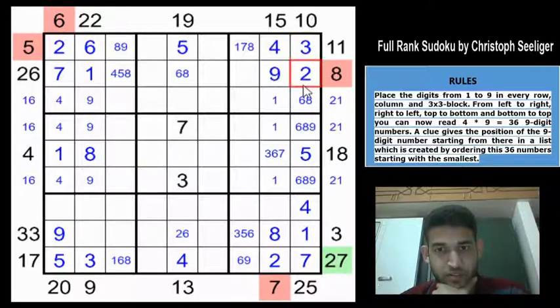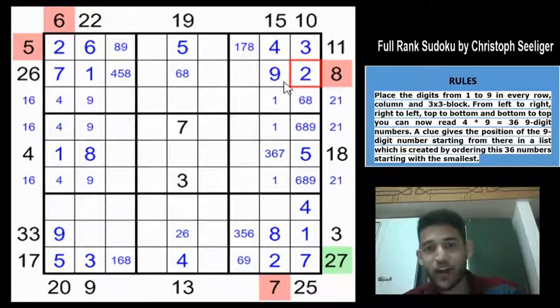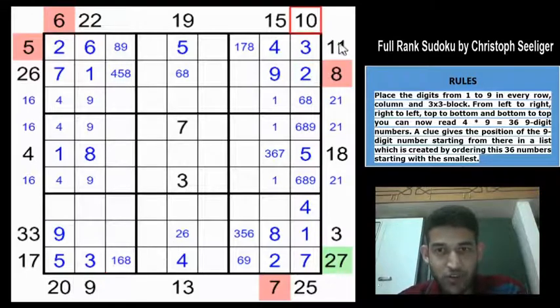The 10 clue is 3, 2, right? Okay. Let us look at the 9, 10 and clue, the bunch of these clues. So 9 has a 3 and 10 clue is 3, 2, which means that 9 must be lower than the 10. So this must either be 1 or a 2, right? But it can't be a 1, so this would have to be a 2. Beautiful. So this is a 2.